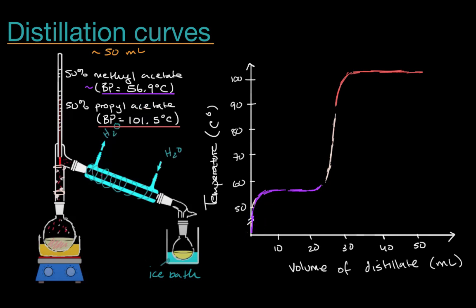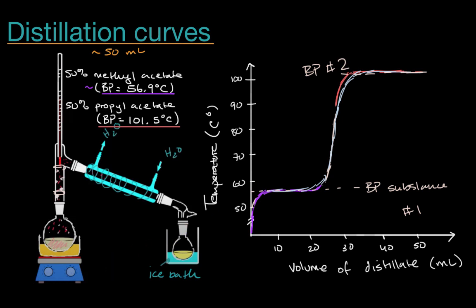Now you can also go the other way around. People will oftentimes present to you a distillation curve that looks something like that. And they might say, okay, what were the boiling points of the constituents there? And you'd say, okay, well, the lower boiling point substance, I can see that right over here. We were able to get a lot of distillate when the bulb right over here was at that temperature. So that must be the boiling point of substance 1. And you might even be able to identify it if you know the boiling point of different substances. And then you would identify this plateau as the boiling point of substance number 2.